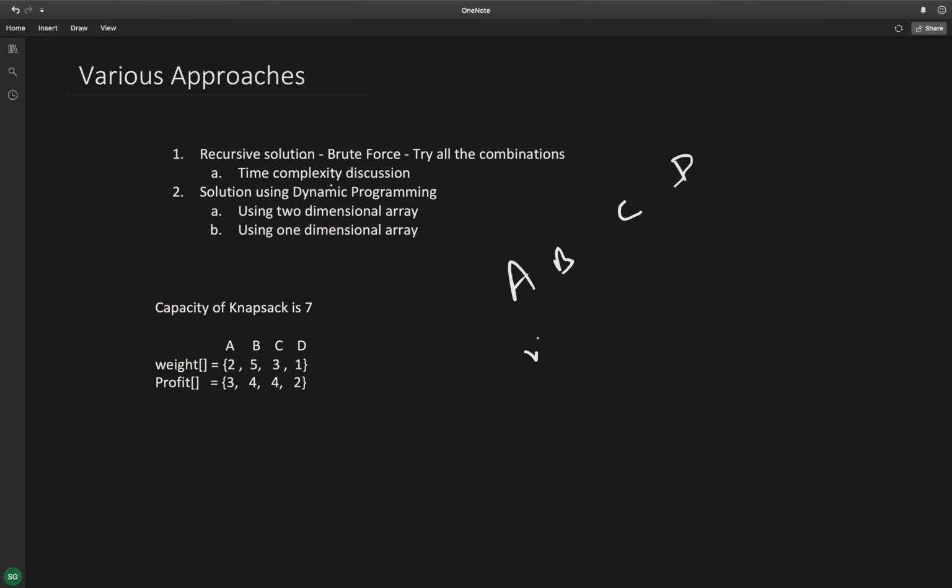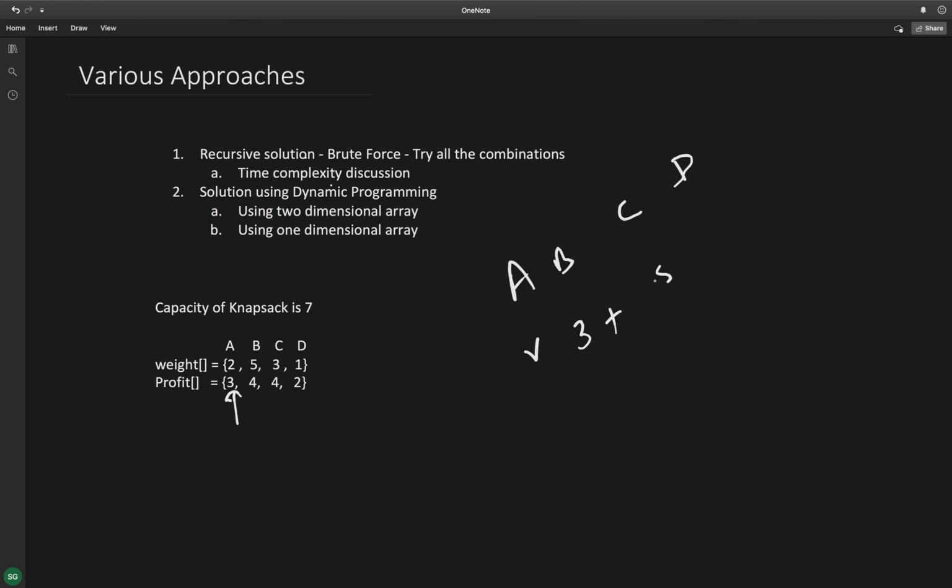If I select A, then I will gain a profit of 3, because this item A gives us profit 3. And now I have a bag capacity of 7, but when I add this item A, it will take 2 units of weight, and the capacity remaining will be 7 minus 2, 5.